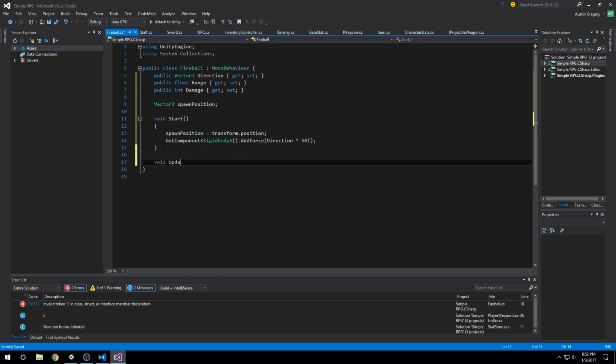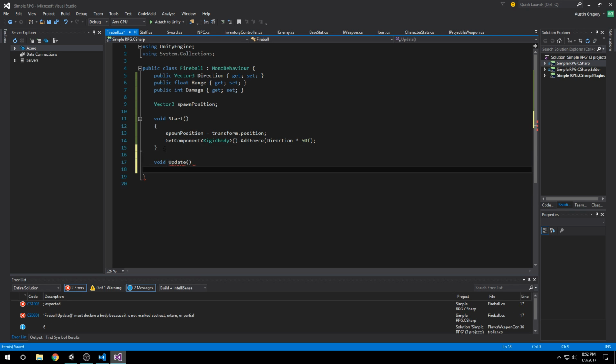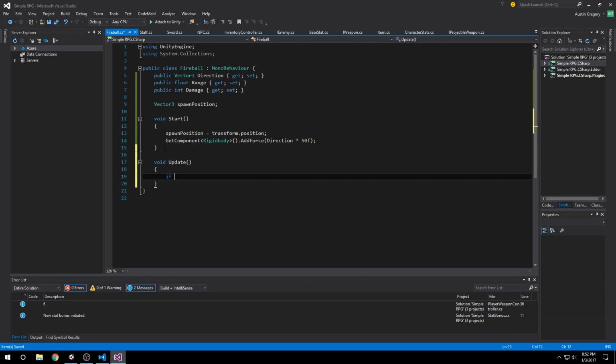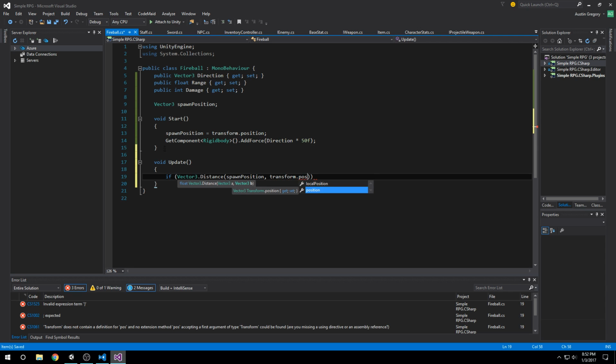So in Update, I'll do a simple check here. We're going to grab, I believe it's, Vector3.Distance. And in Distance, we're going to pass it two different vectors. The first vector is the spawn position, the place it started out at, and then the current position. That'll tell us the distance between those two vectors. And if the distance between those two vectors is greater than or equal to our range,